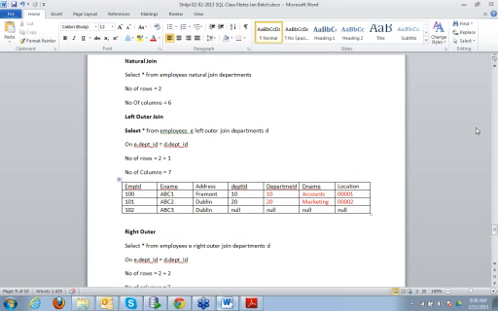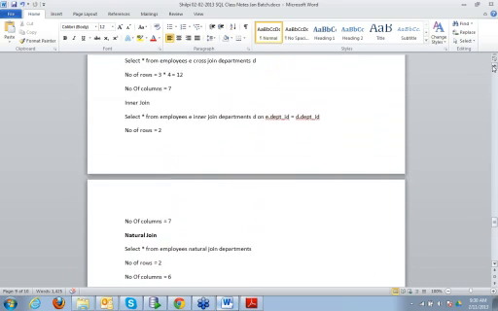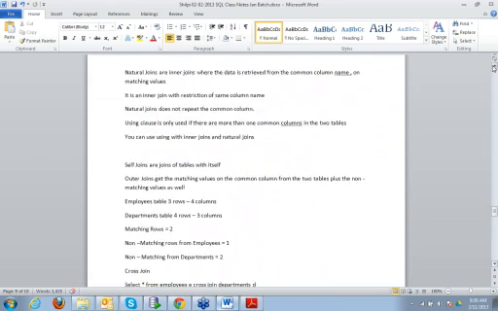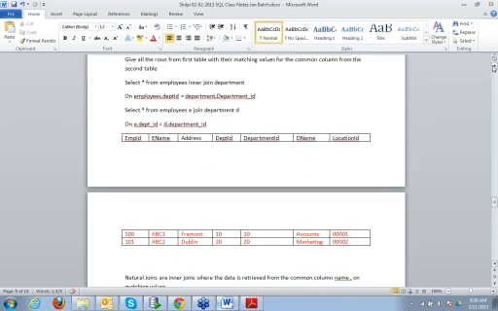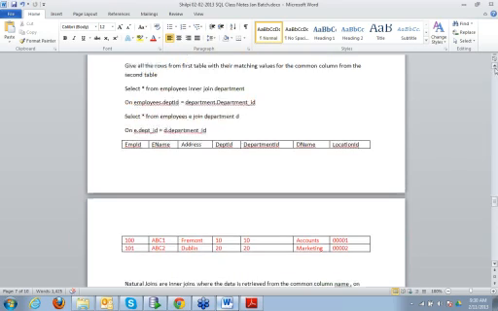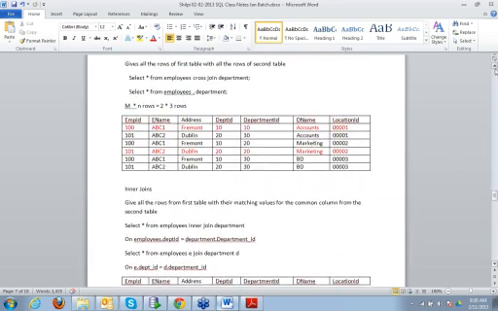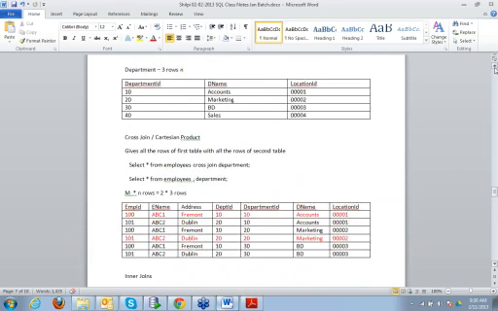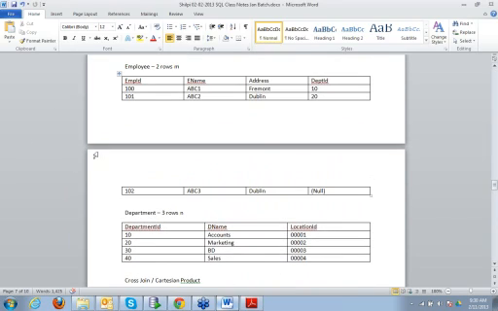So if you see here in the employees table, we have one non-matching row which doesn't have any matching value in department. Here we have department ID 10, 20, and for this employee we haven't allocated any department, so it doesn't have a matching row in the department table.